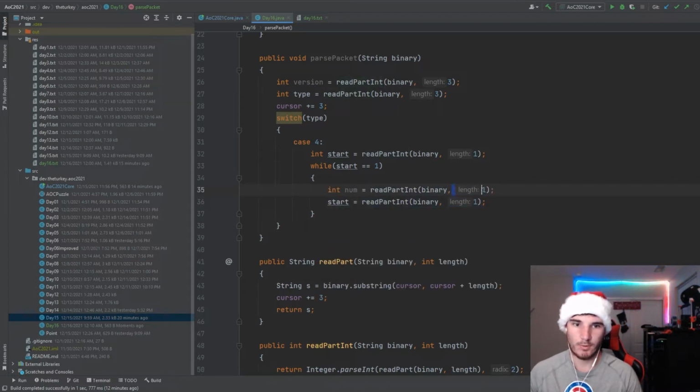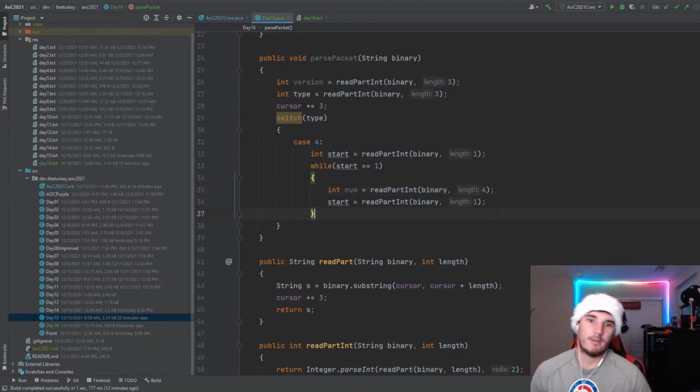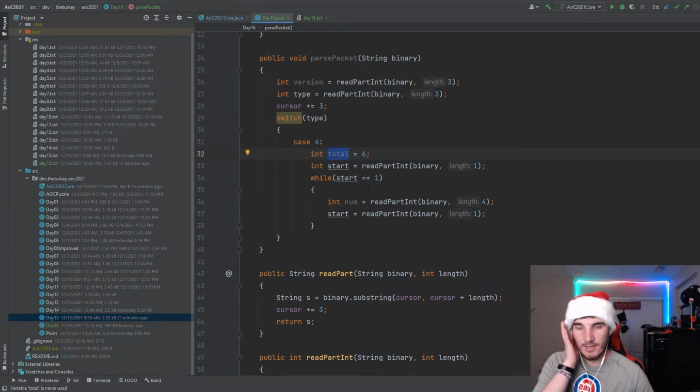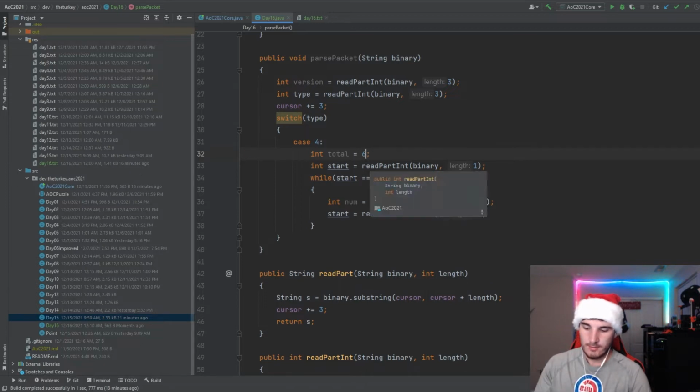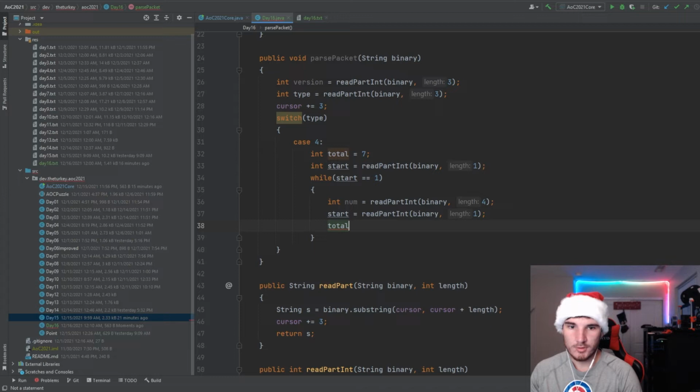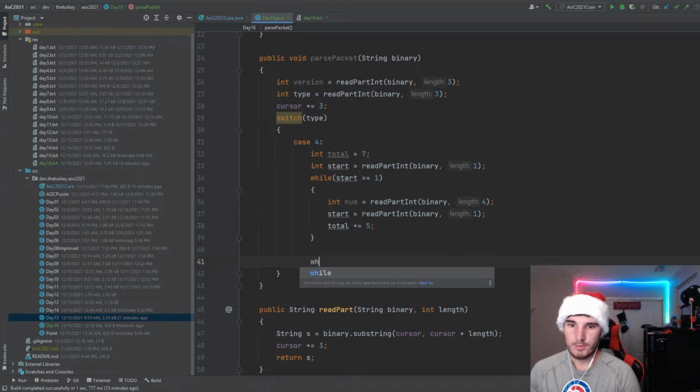Going to be the next 4. Okay, and then we need to count the total. So it's going to start at 6, and then actually you can start at 7, and then every time this runs, we'll do total plus equals 5. We get our num, and then here, so then we'll do